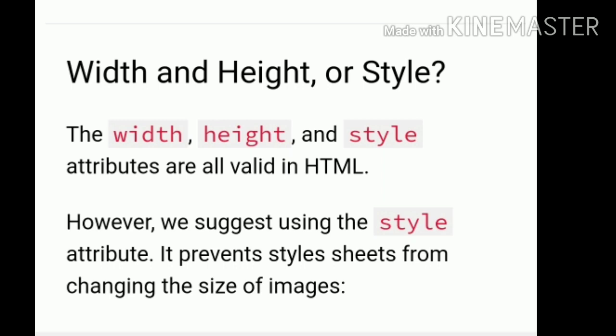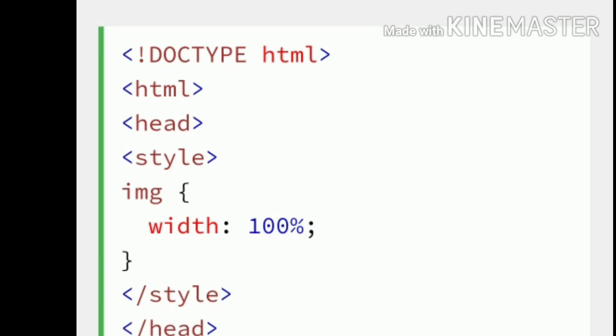This type of image is to be displayed. Here the width and height define only the sizes of those images. The sizes of images. Okay, the alternative: there is another example, in case of